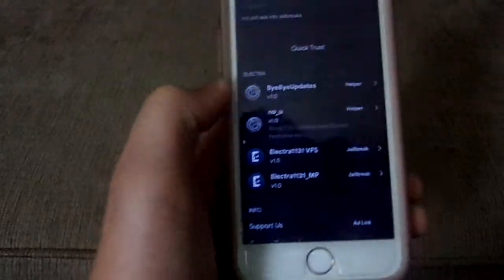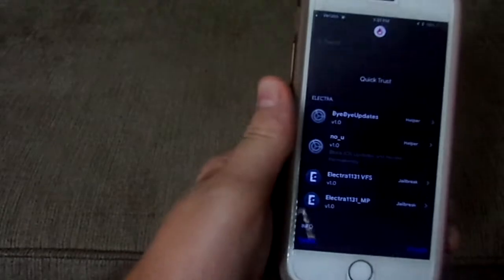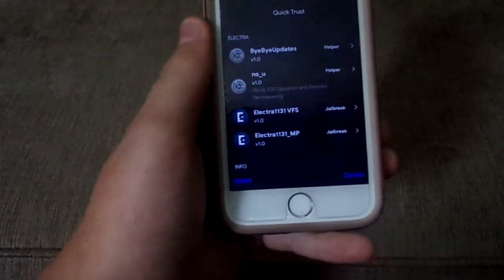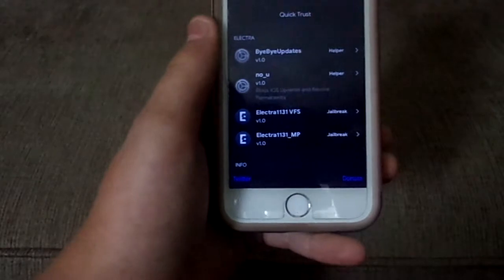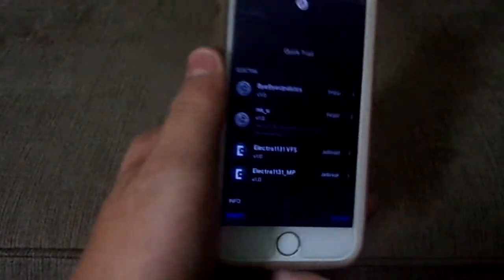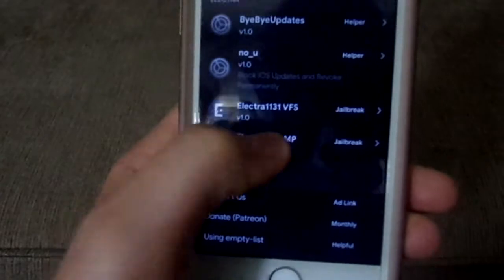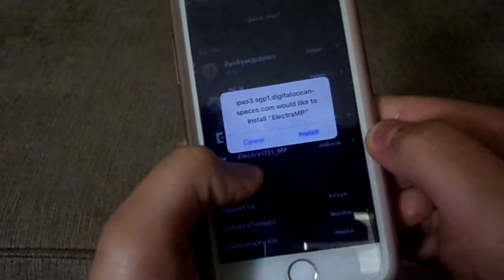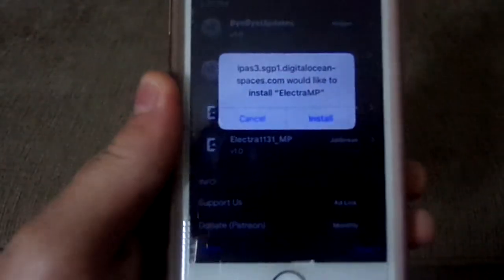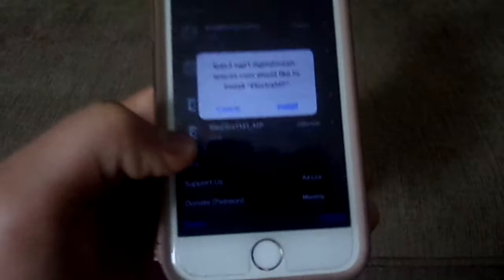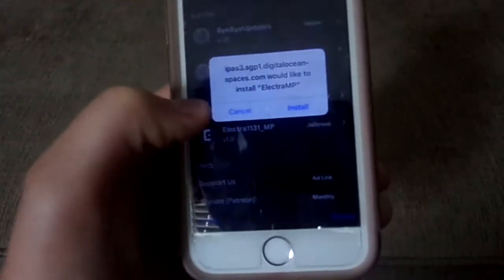And as you can see from the last time that I showed you this, there's a couple new apps on here. And in my past video, I said to download Electra 11.3.1. Do not do that. Download Electra 11.3.1_MP. What that means is Electra multipath, and that's actually going to find several ways to execute your jailbreak. Now, I'm actually not going to be installing this because I actually already have it, but if you do install it,